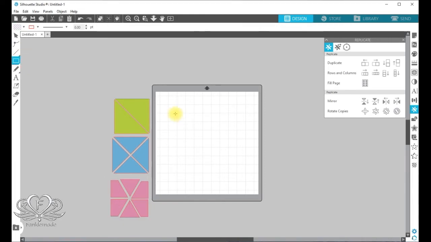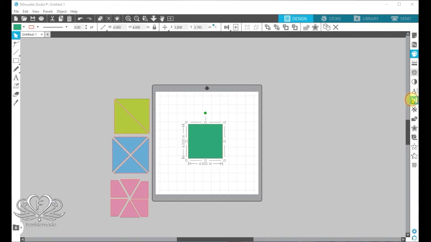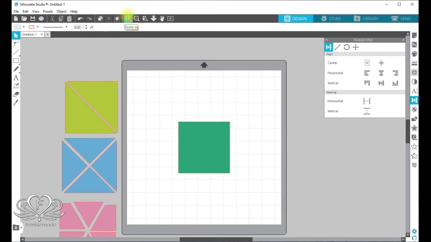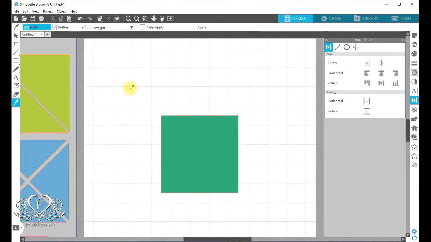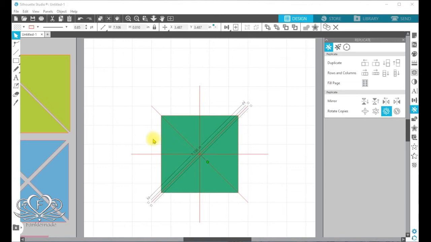On to the next one. Colour this again and centre to the page. Back over to the knife tool, open up a bit more, drag across, centre to the page, back over to the replicate panel and click on the next one along, and you've got 1, 2, 3, 4, 5, 6, 7, so you've got 8 different panels there,